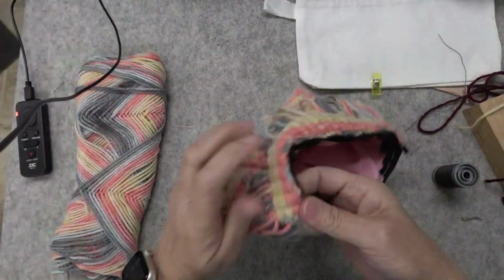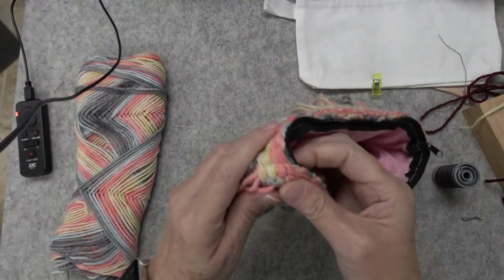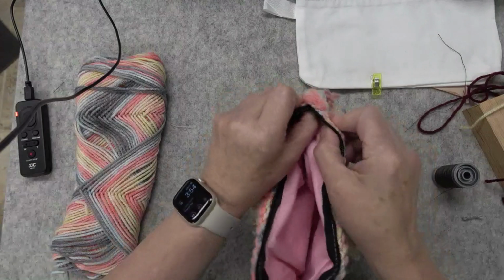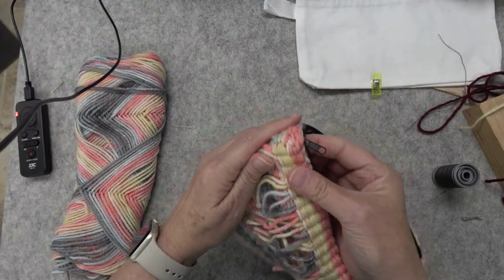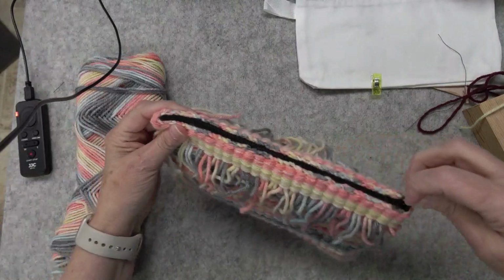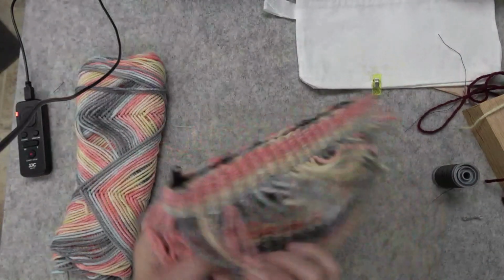Alright, you may need to push these seams in to make it easier to get the zipper started, especially on the end with the zipper pull on it. So if you just kind of work it, you can get that started. And we are finished